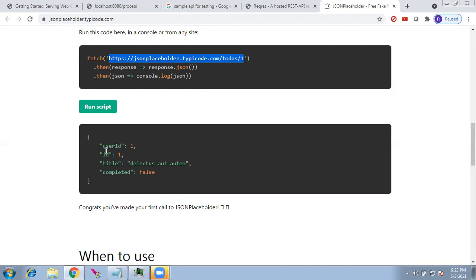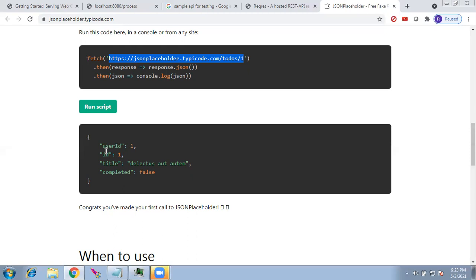That is used for web services also. We have two types of API: REST and web service. Web service uses XML. Web service data are transferred using SOAP, which is Simple Object Access Protocol. REST is Representational State Transfer.